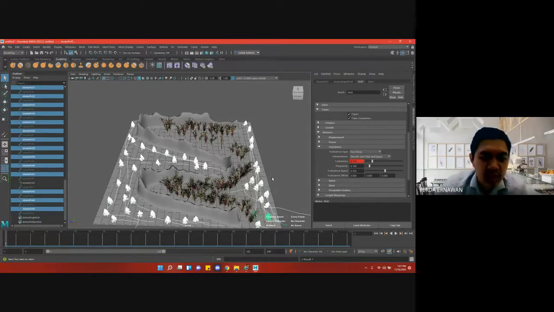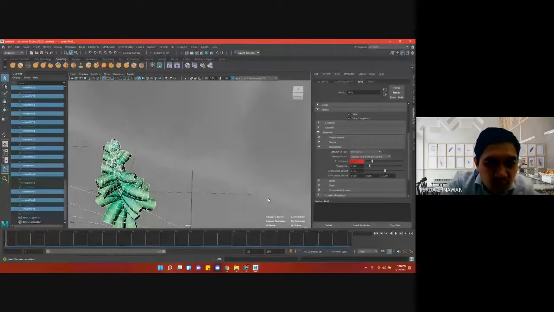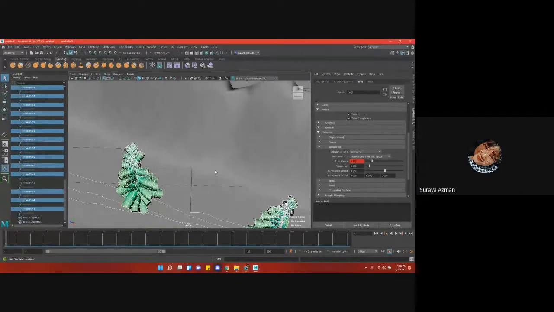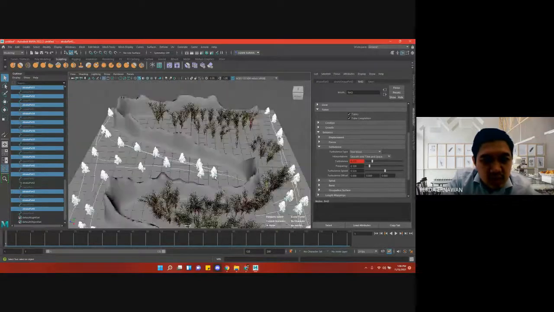Can you zoom in? Oh, what is this? Pokok. Okay. So, which